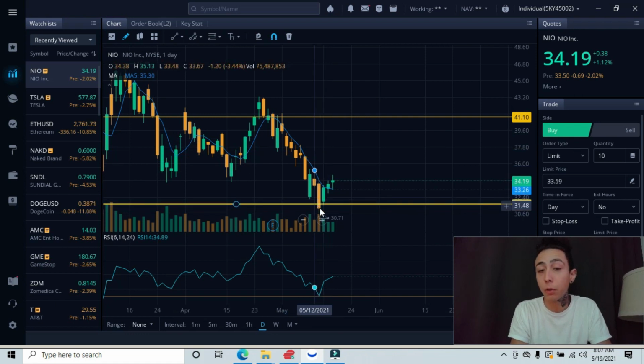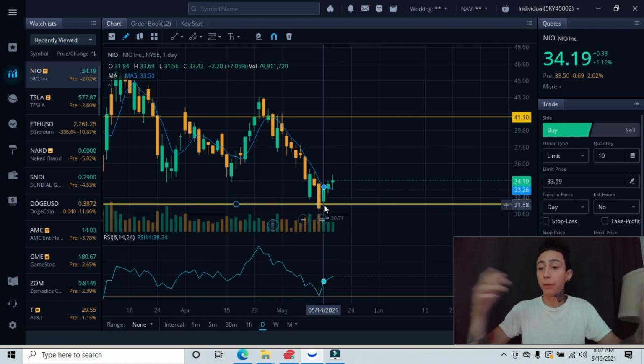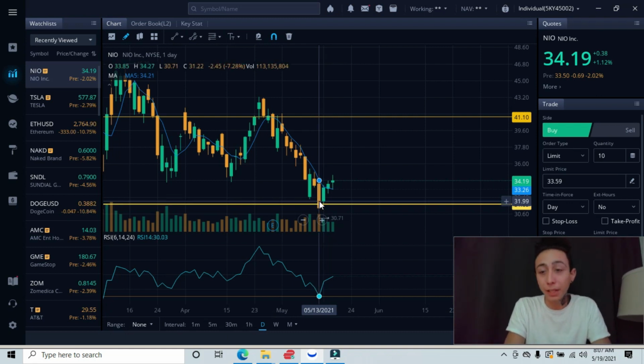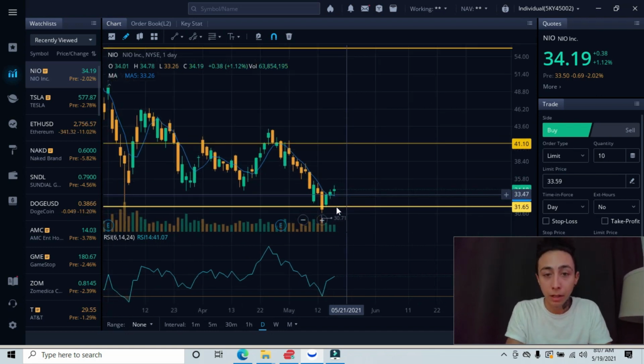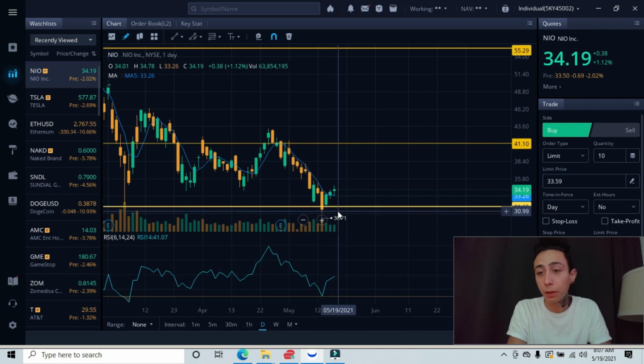I told you guys that once we got into this area that we would have a... I'm sorry, I can't stop coughing. This would be an ideal entry, and we would have our stop loss on the opposite side. Now some of us might have got tagged out. You can see that I always tell you guys to give yourself a little bit of wiggle room,